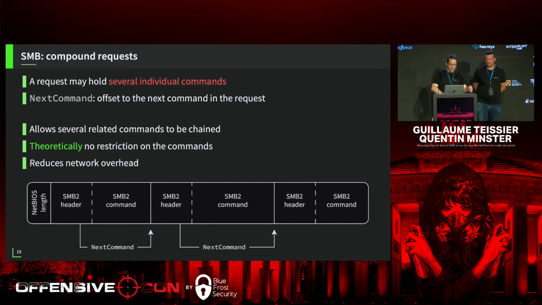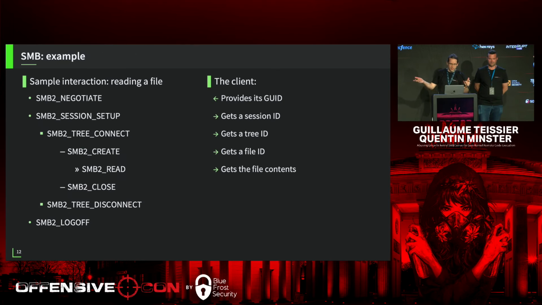Right, so these are the types of requests. Now, if we look at a sample SMB session, what would happen first is that the client needs to negotiate the SMB dialect that's going to be used. At this stage, it's going to provide its GUID that will identify it to the server. It's not authentication, it's just identification yet. Then there's the session setup. So this is where